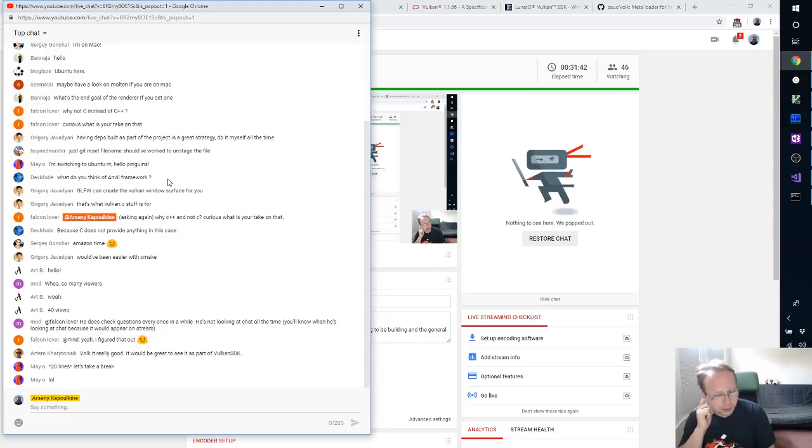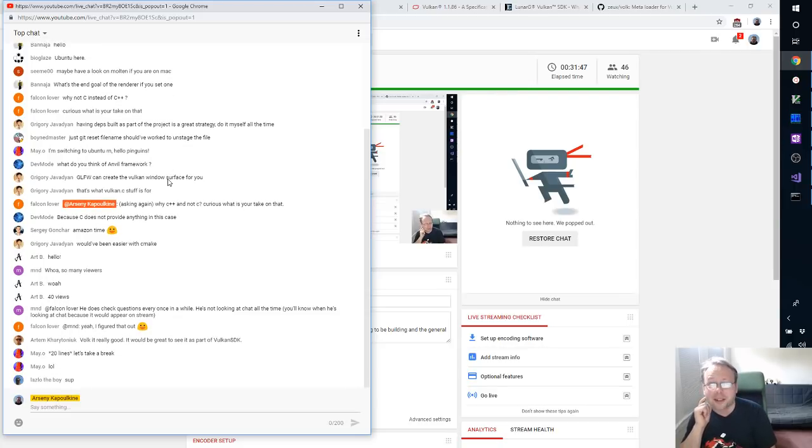Vulk is really good. It would be great to see it as part of the Vulkan SDK. Yeah, it would be nice. So Vulk technically violates the Vulkan specification as far as I remember. There is this weird bit in the Vulkan specification where you can't really declare a symbol in the global namespace that starts with VK, because it might conflict with future releases, and Vulk solves these problems on a practical level, but I think, yeah, I don't know. Anyway, it would be nice if it were a part of the Vulkan SDK, but you can just use it. 20 lines, let's take a break. Yeah, so